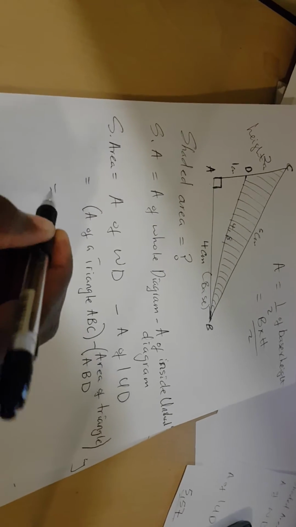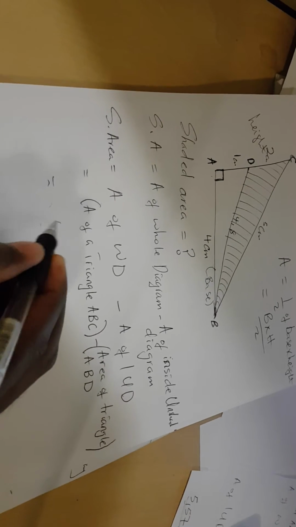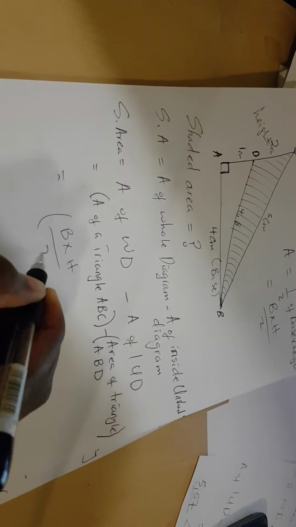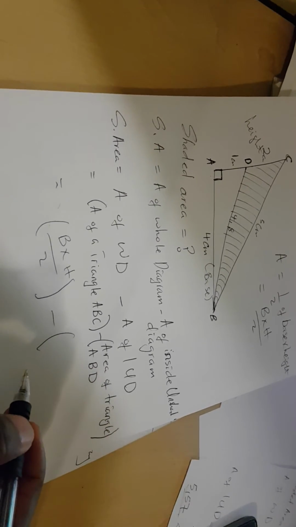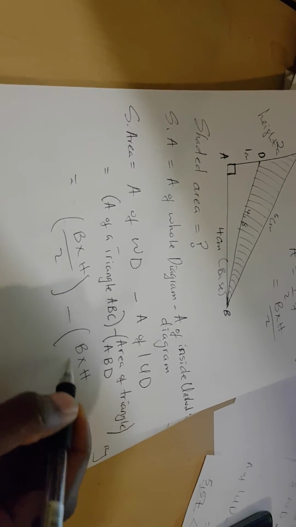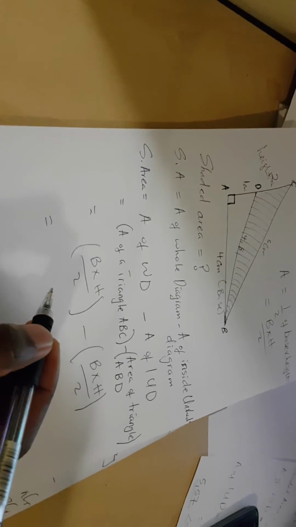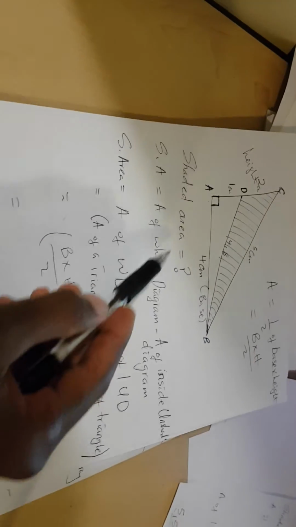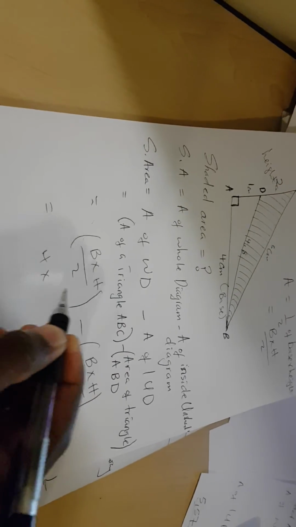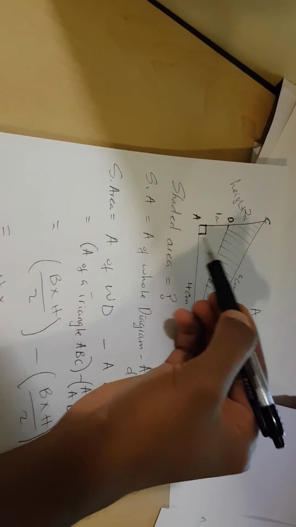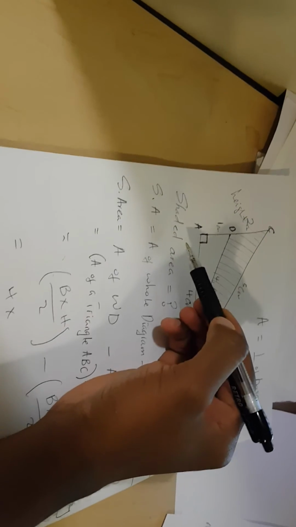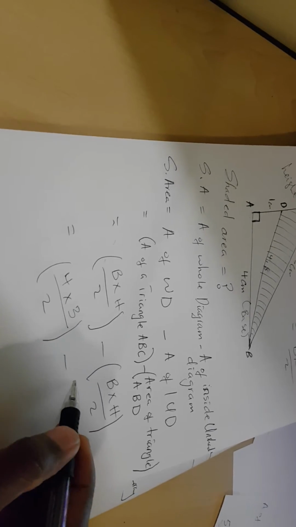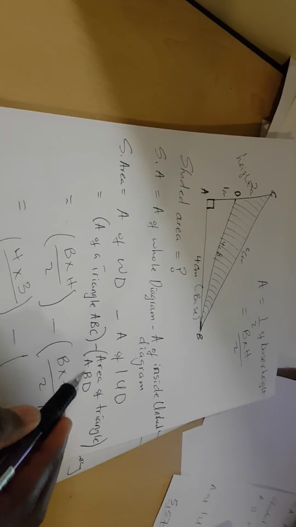So let's come here and say the area of the whole triangle is gonna be half of base times height, so it will be B times H divided by 2, close bracket, minus the area of the inside unshaded triangle, which will also be half of base times height. So now let's have a look. For triangle ABC, our base is 4, so it's gonna be 4 times our height, which is 1 plus 2, because our height starts from here and it ends at point C. So from point A to point C is 1 plus 2, so our height is 3, all divided by 2, close bracket, minus. For the inside unshaded diagram, triangle ABD,